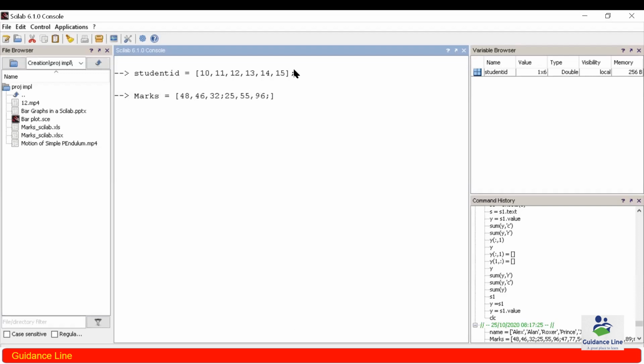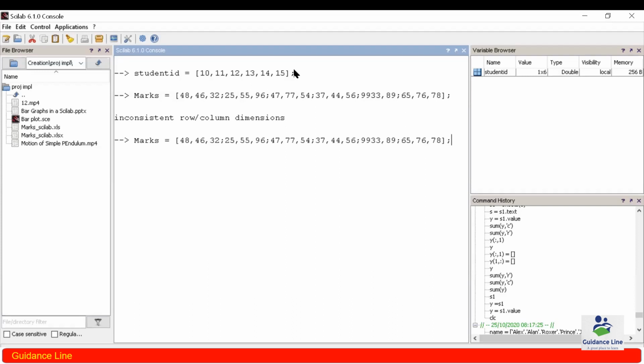Then we have 47, 77 and 54. Then we have 37, 44, 56. Then we have 99, 33 and 89. We have 65, 76 and then 78. So we have created a matrix in this particular form.